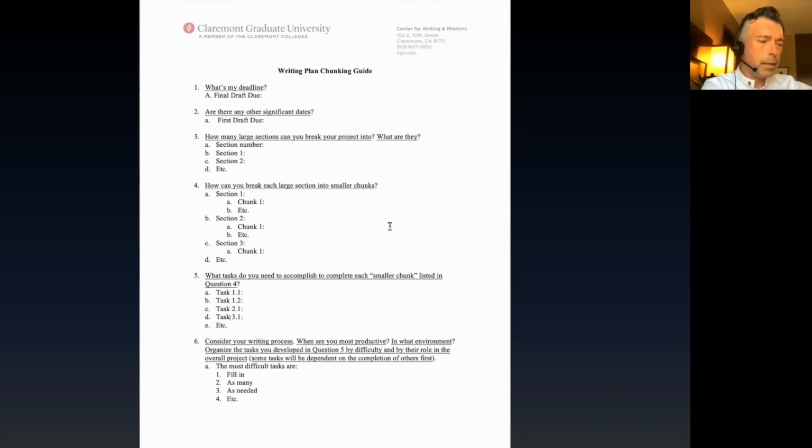So this is giving you really specific tasks that after you've gone through this writing plan to some degree, you will have the confidence of knowing that, I've got tasks 1.1, 1.2 here. There are going to be more. In order from what started as section 1, chunk 1, a task that needs to be done within that, which is technically task 1.1.1, but that just seemed too much for the handout. You're probably going to have 5 tasks, let's say. Okay. Here's where it's helpful.